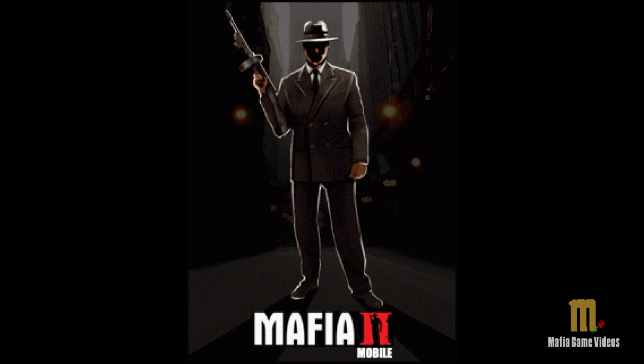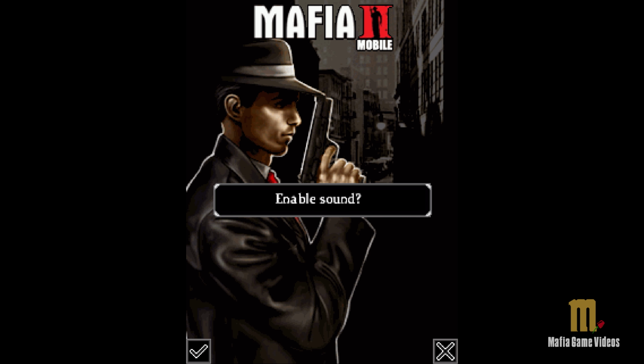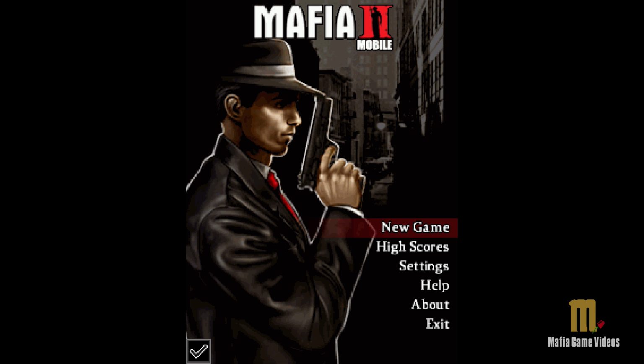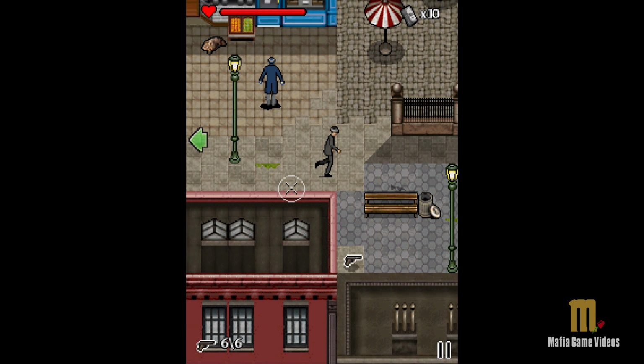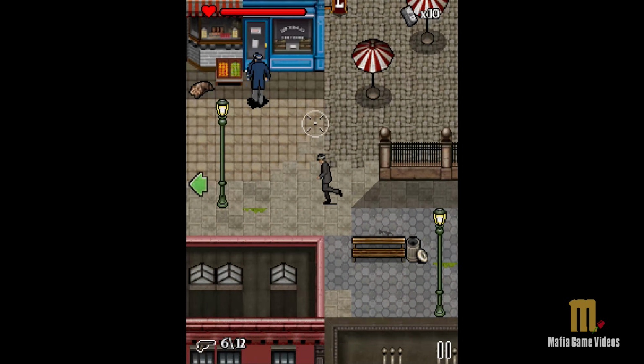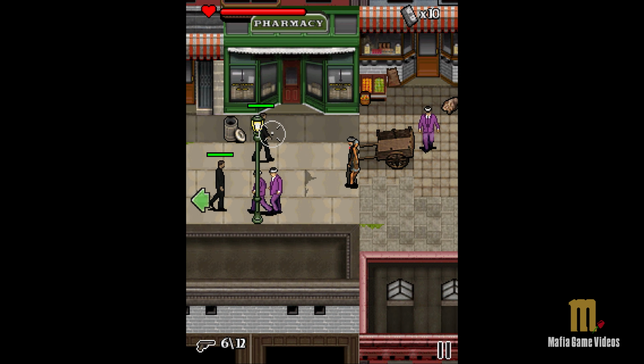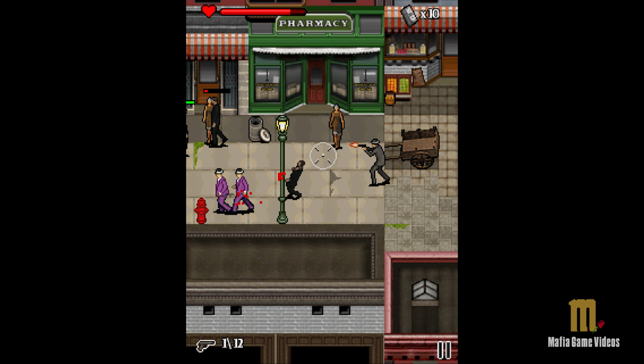Did you know that Mafia 2 had an official mobile port? Mafia 2 Mobile is a discontinued app that was once available on Java-enabled phones such as Nokia, Blackberry, Motorola, and Sony in 2010. Mafia 2 Mobile is a 2D open-world action game with a horizontal camera angle, very similar to